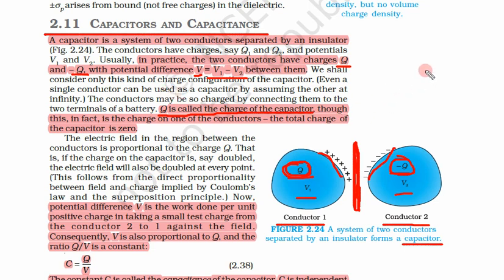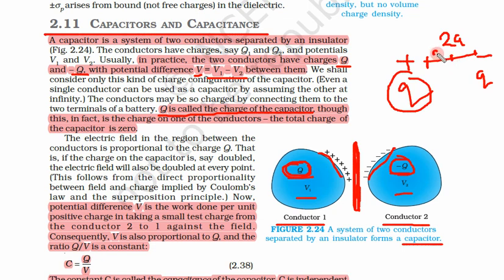If you remember the dipole, one is a positive charge, another one is a negative charge, separated by some distance. So what was the charge on this dipole? Q, not 2Q. The distance was 2a, a on this side from the midpoint and a on this side, but the charge was Q. And the dipole moment was simply Q into 2a.